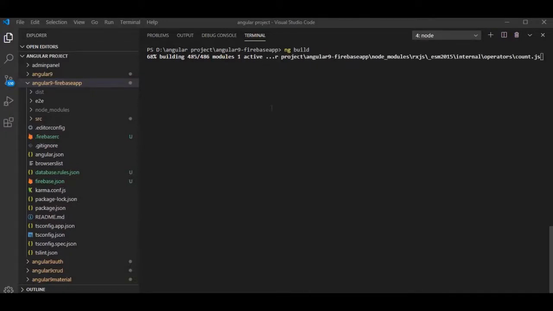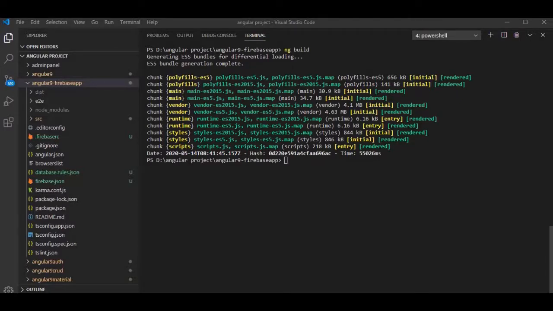I have already logged in to Firebase, so if you are not logged in, then type the command firebase login to log in to Firebase. So you can see the successful build message.